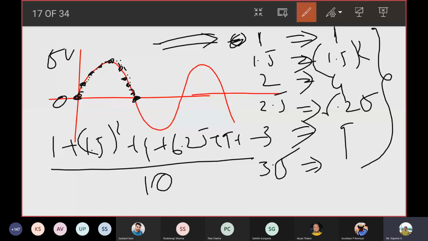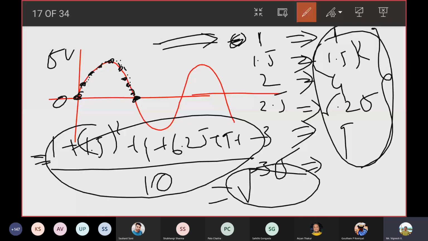And then whatever answer that I get, I take a square root. So it is root mean square. Why do I do it? Because I want to compare it with the DC value to end up getting the same power dissipation which happens in a DC when you give a DC voltage. It would take a separate class for me to explain why RMS value is important, but I hope you understood what is an RMS value.